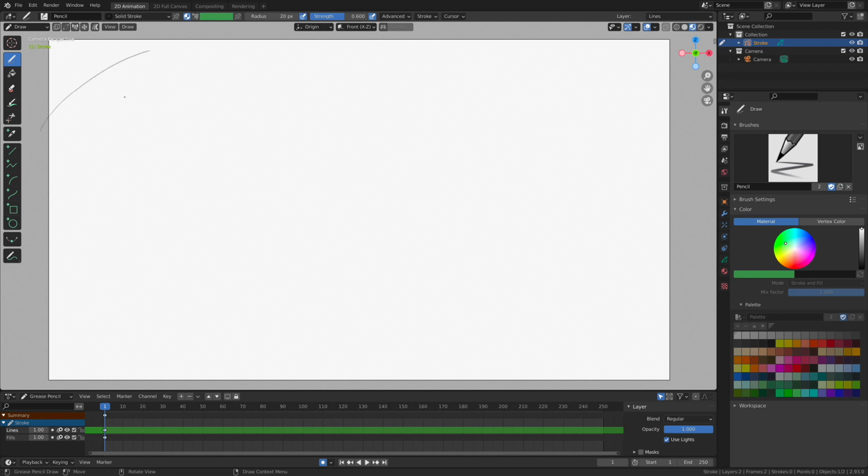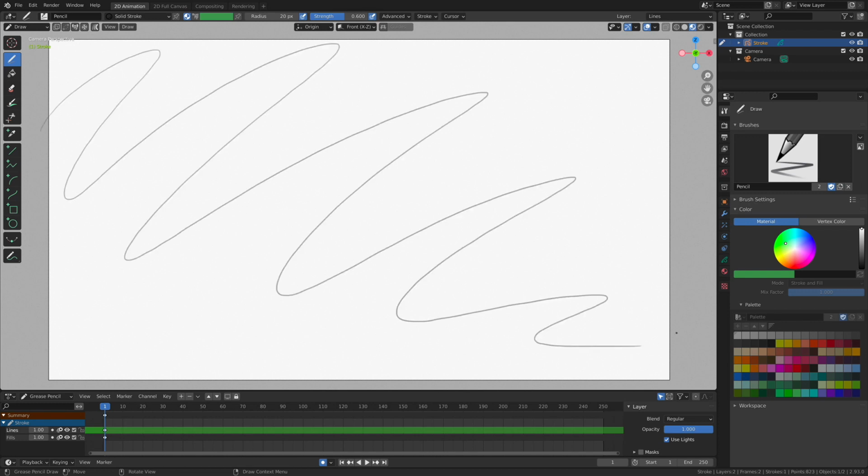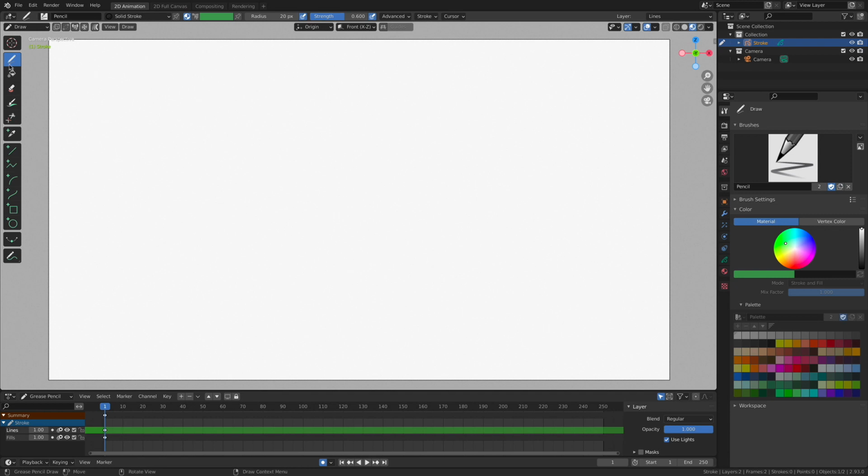Okay, so this center part, this is going to be where we're going to be doing all of our drawing. But this is not the only environment that we're going to be working within. Of course, we have our toolbars way over here. All these, we're going to go through a lot of these tools here in a minute. But this is where we're going to find access to all of our shape creation and some tools that will help us animate all the shapes that we've created and drawn inside of Blender. So we got our toolbar over here.